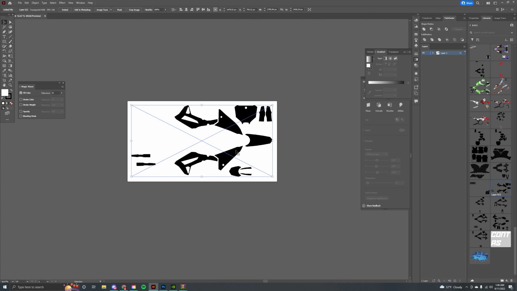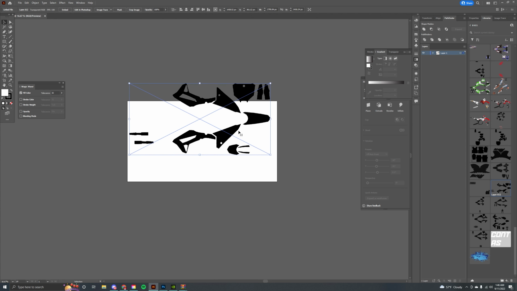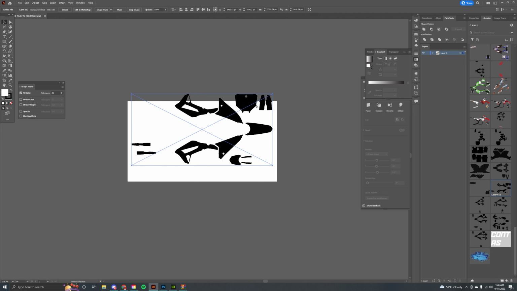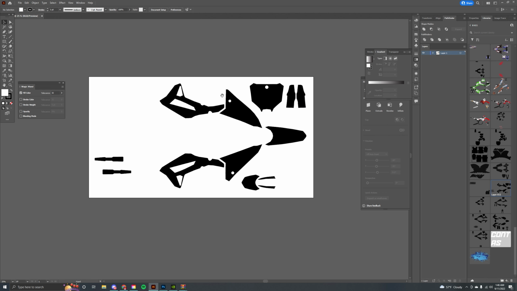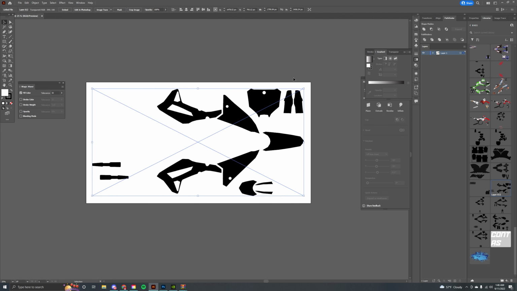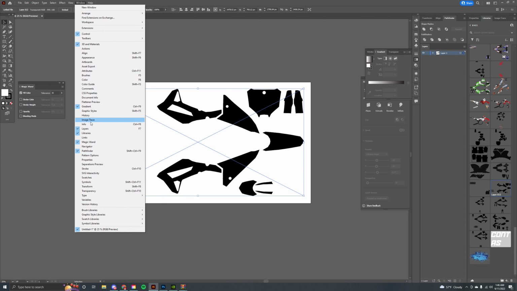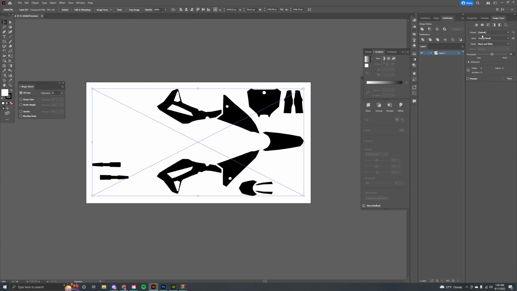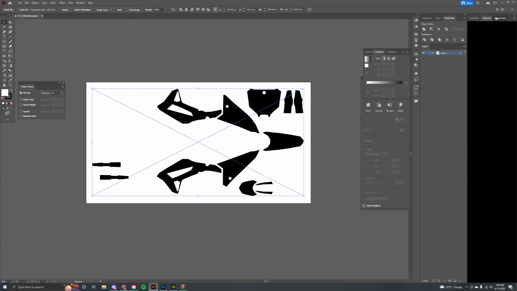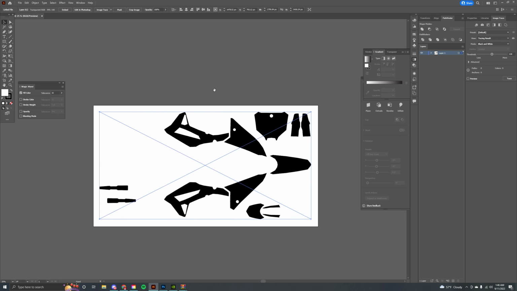So now we got this. It's just recognizing it as an image right now. So we're going to have to make this not into an image pretty much. So just like in Photoshop, you can go to Window. This is where everything you'll need is. And then I'll click Image Trace. So Image Trace is a tool that lets you trace